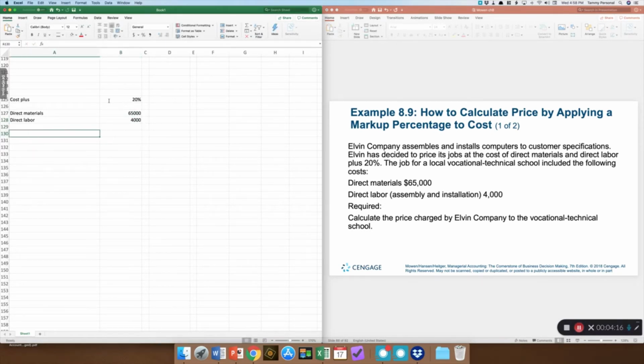So the question is, let's calculate the price. The desired price is the sum of these two, so let's put a parenthesis there, that plus that, close the parentheses, and then